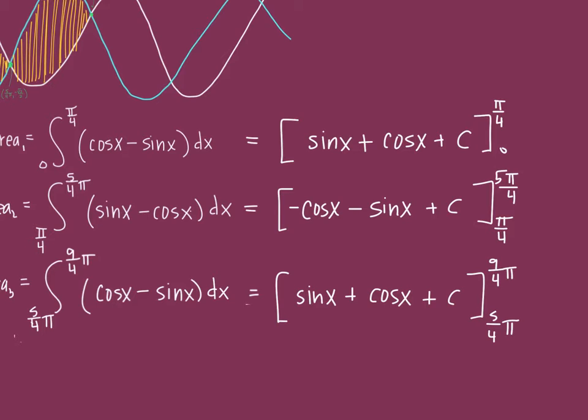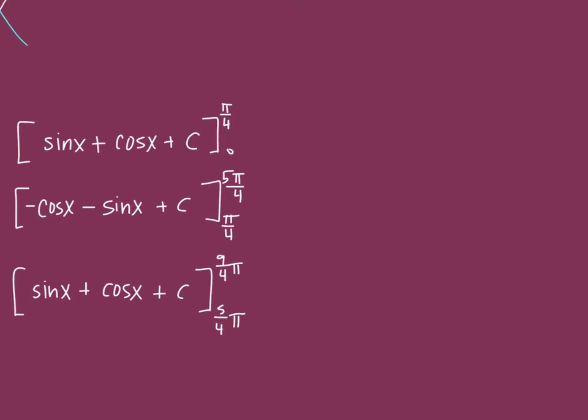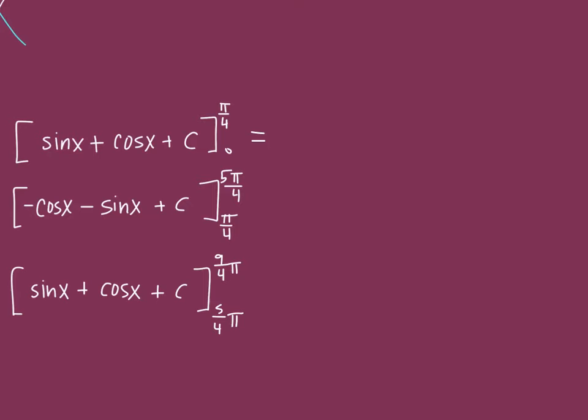So this is no different than the antiderivatives you were doing in the past. All right, I'm just going to keep working sideways as I plug in my bounds here. So I'm looking at the sine of pi fourths plus the cosine of pi fourths